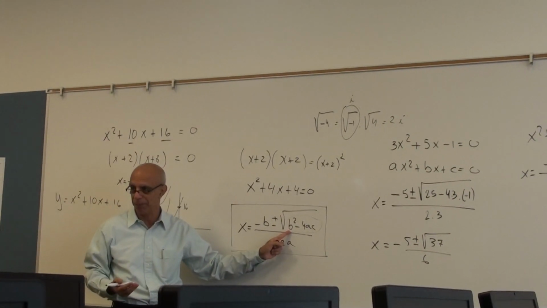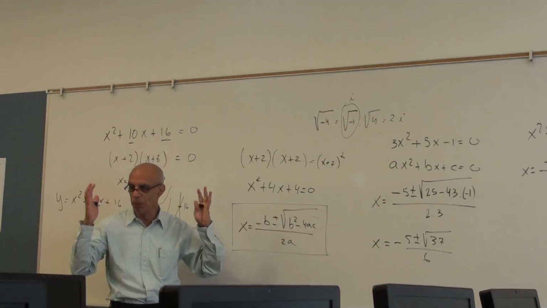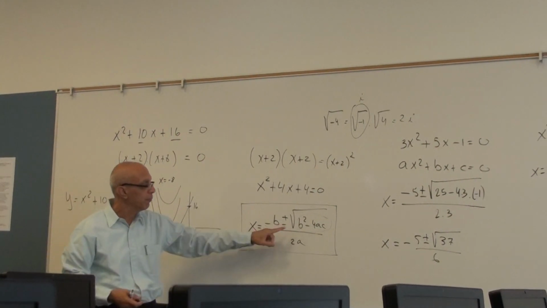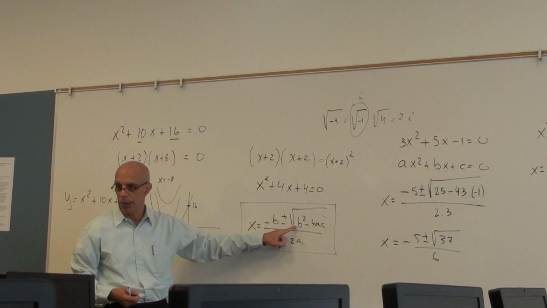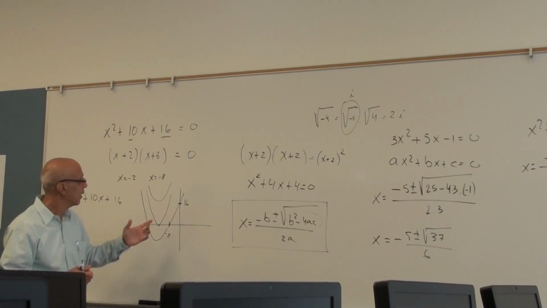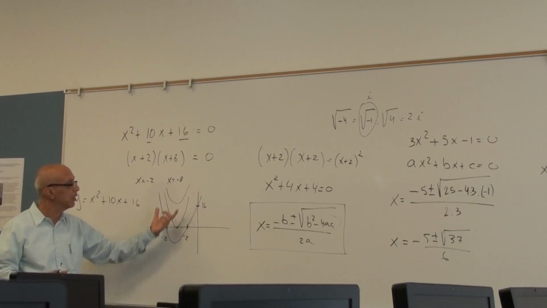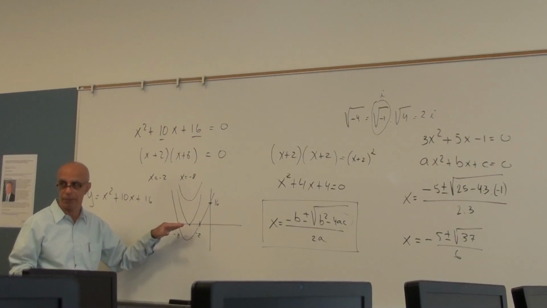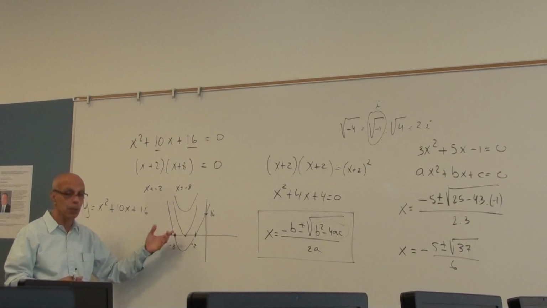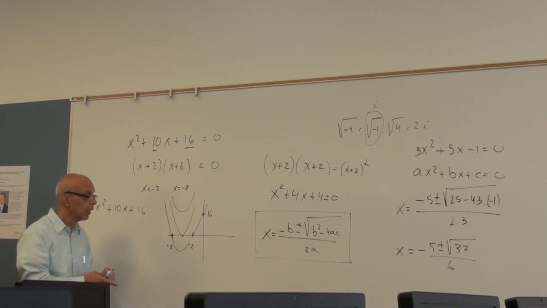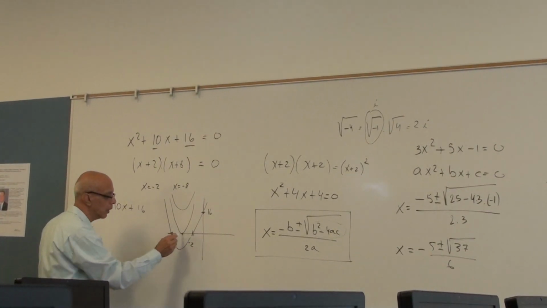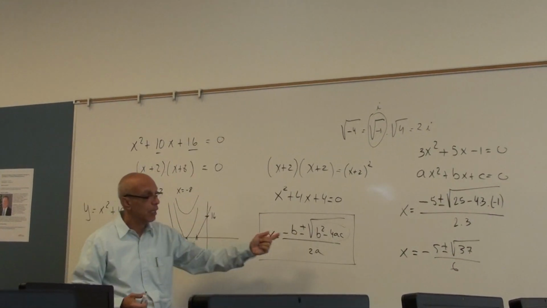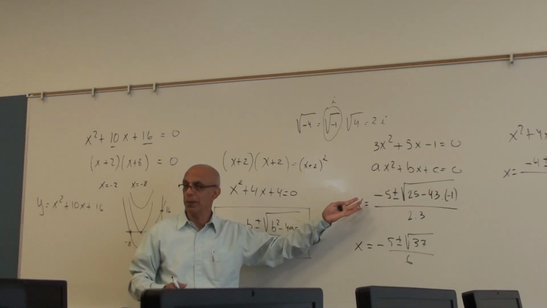Now, when the parabola is above the x-axis, that is the situation that we have this term here, a negative number. So I want you to visualize that. When you try to solve this, and you figure out that, oh, there is a negative number here, you can think that what's really happening is that this graph has moved up, okay? It's above the x-axis. It's not touching. So there is no real solution, right? We have here two real solutions. Here we have one, and here we don't have any. We have a complex solution, a complex number,